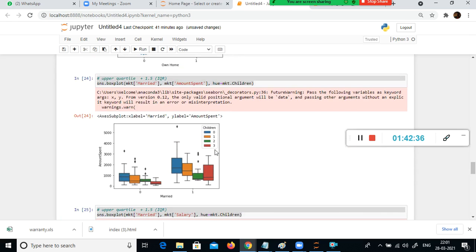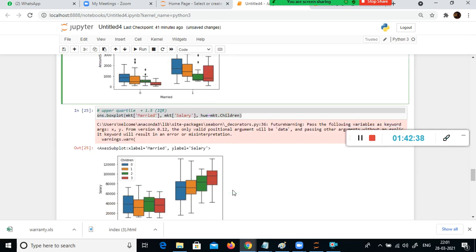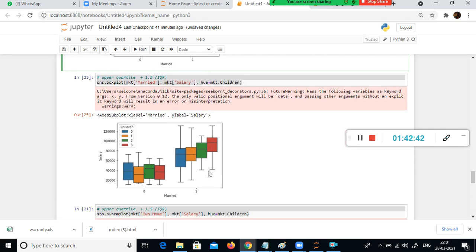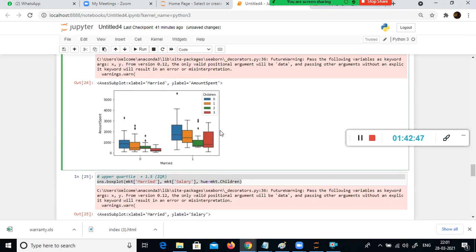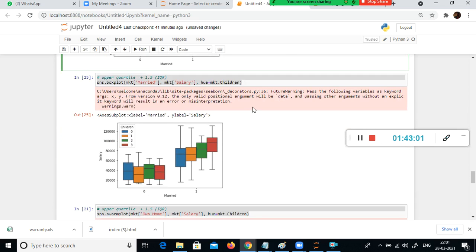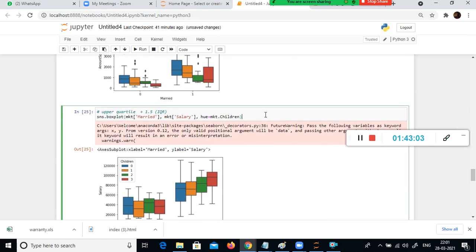But it is not the same. Though married people have more than 2 kids, their salary is very high, but the spend is not high, it is less. This is how you need to go into detail and explore all aspects in order to come up with a conclusion.